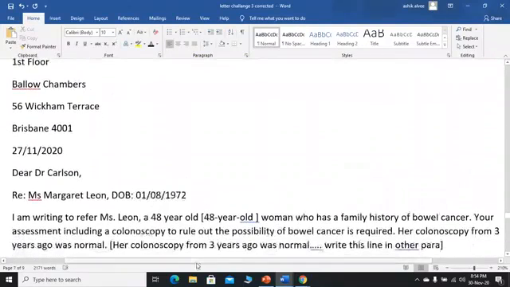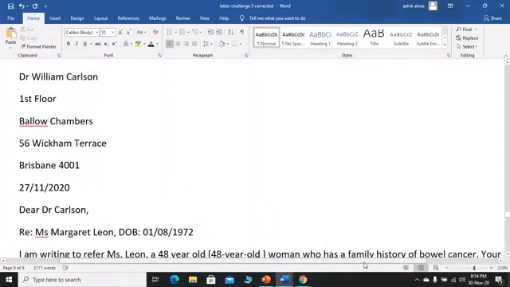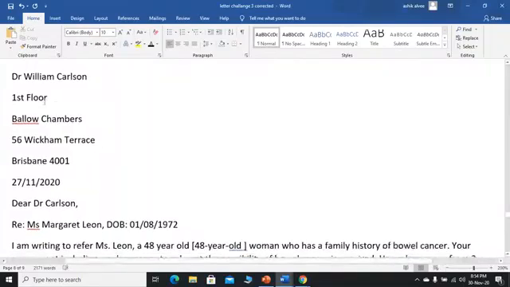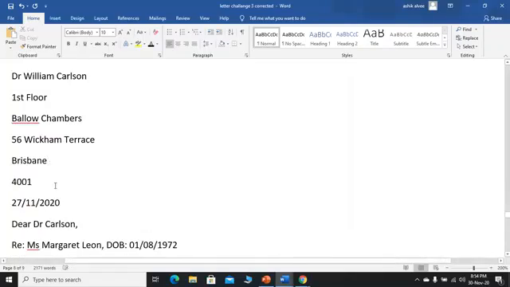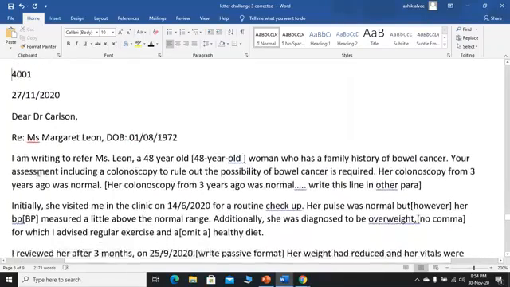Alright, now today's last letter that we are going to show in this live class. The introduction is good, almost. Date Carlson, Margaret Leon. Okay, I'm trying to refer Miss Leon. For another mistake, if you use a dot after Mr. or Mrs. in one place of a letter, you use this dot everywhere. Like here, you have written Ms and no dot has been given after Ms, but here you have given Ms dot. This will bring you negative marks.